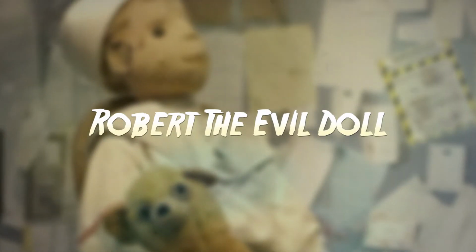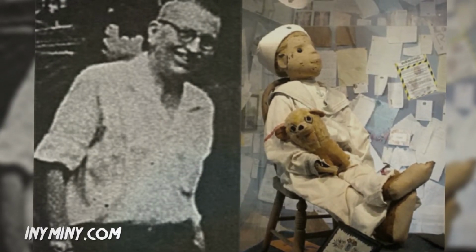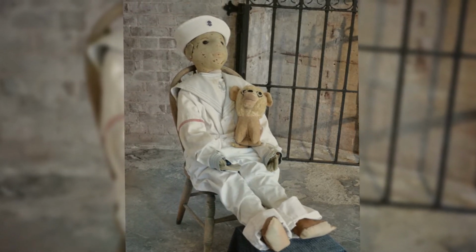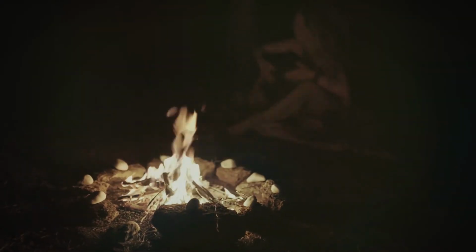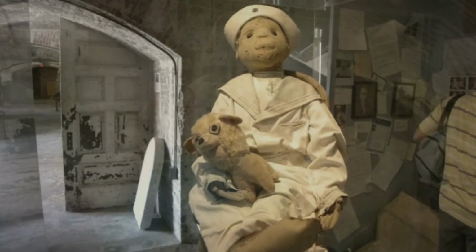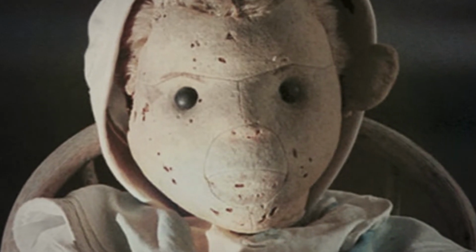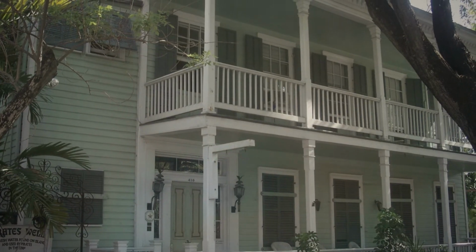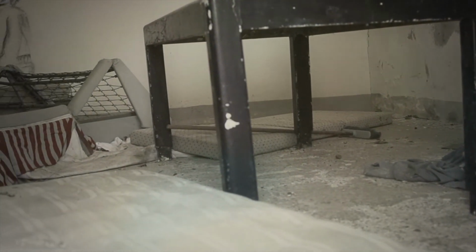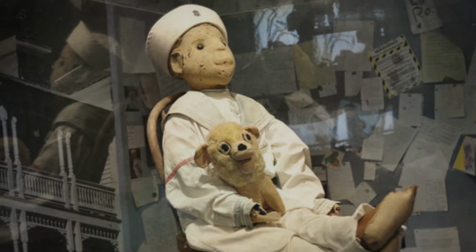Robert the Evil Doll. Robert the Doll belonged to Robert Otto and was apparently gifted to him in 1896 by a servant who practiced black magic and carried a dislike for the family. But things started getting weird when people heard the doll talk back to Robert. The doll became active and started appearing in windows when no one was in the house. It would vandalize rooms, break objects, and of course poor Robert got all the blame, despite being openly terrified